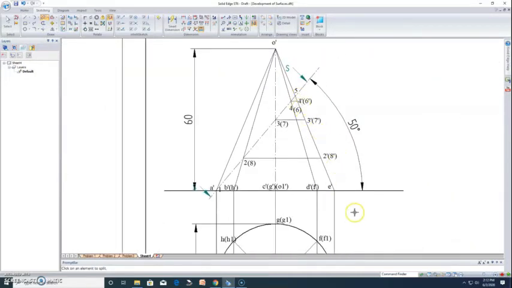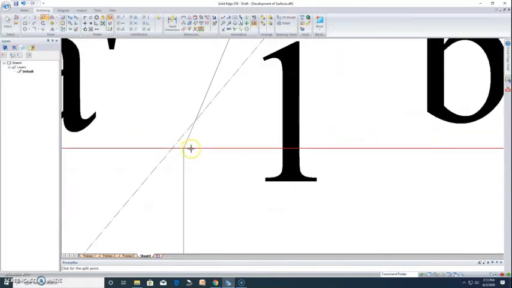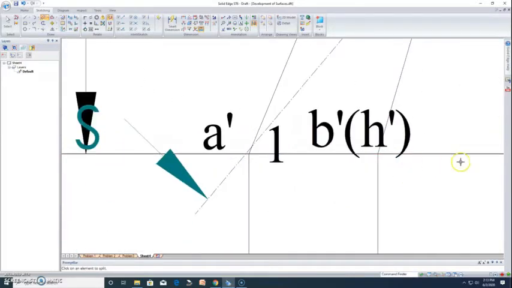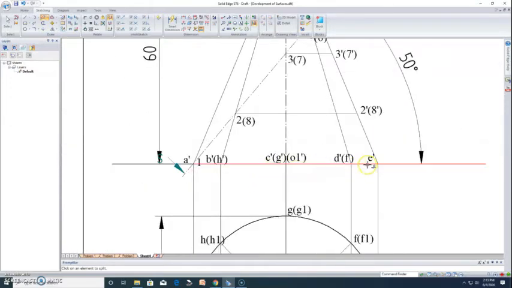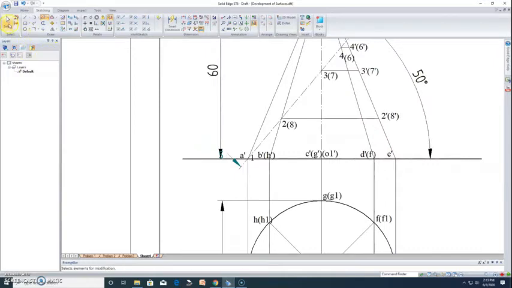So now I'll make the lines visible. I'll split it on this base. I'll make all the visible edges dark.